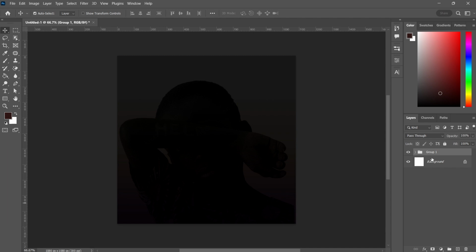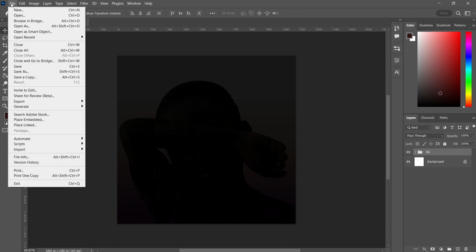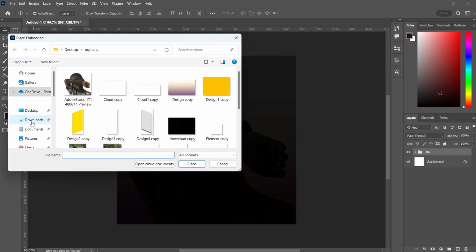Then we group this in one folder, which is Ctrl+G. We select all the layers, then Ctrl+G to group it. Then we give it a name, BG, to stand for the background. Then we head over to file. Then we go to the place embedded section, bring in a new picture,